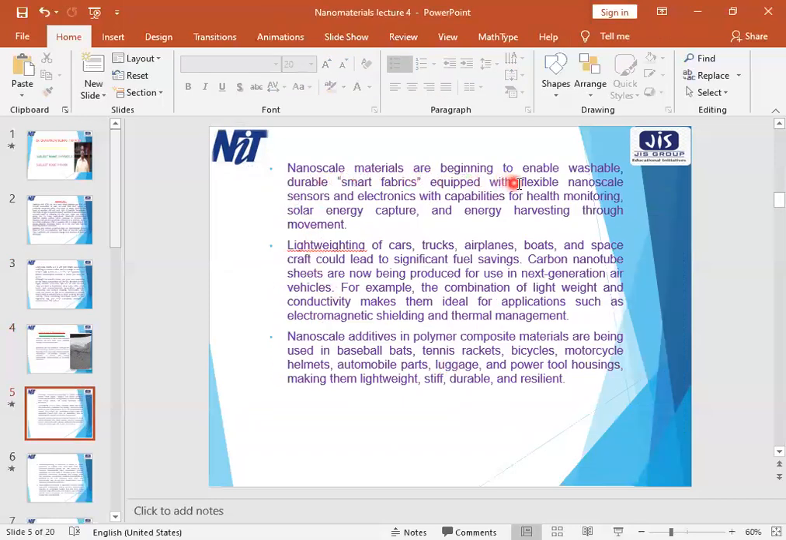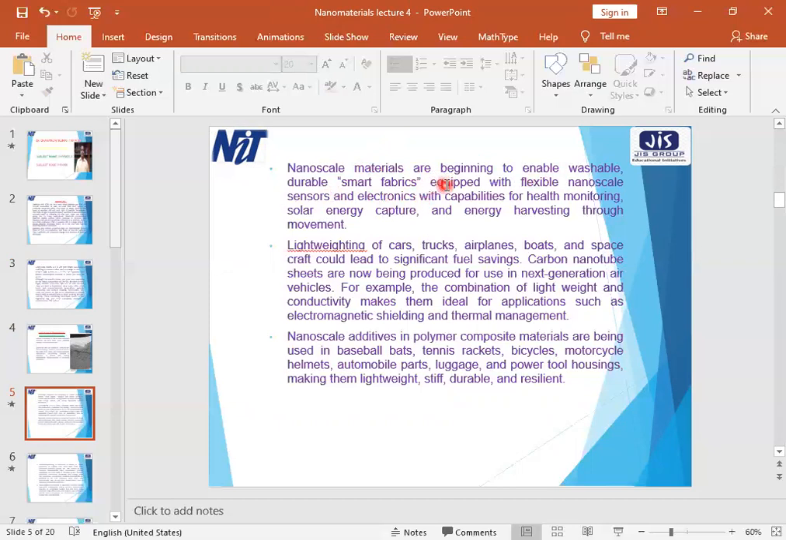Nanoscale materials are beginning to enable washable, durable, smart fabrics. The fabric will be smart. You are using the smartphone. This smartphone can tell your location, which message came to you, which mail came to you, how many footsteps you walked, everything. What is your temperature? Like that. So using nanoscale materials, smart fabrics which are washable and durable can be made, and also